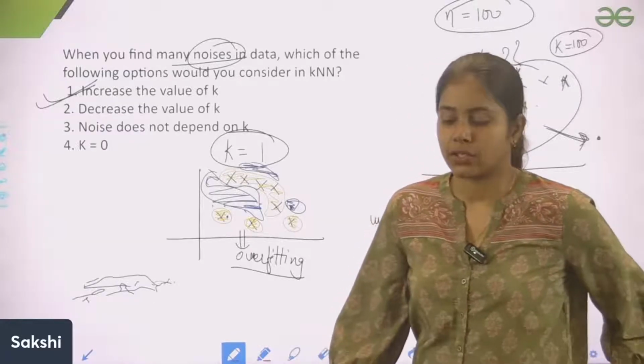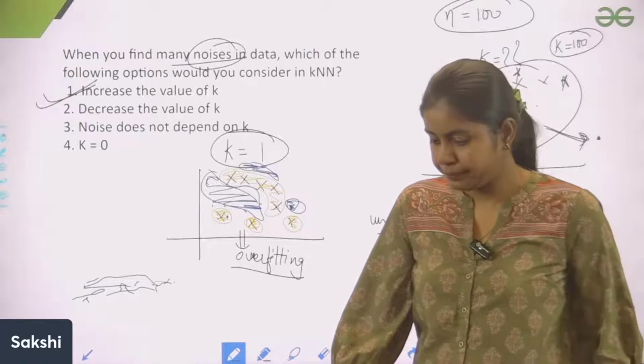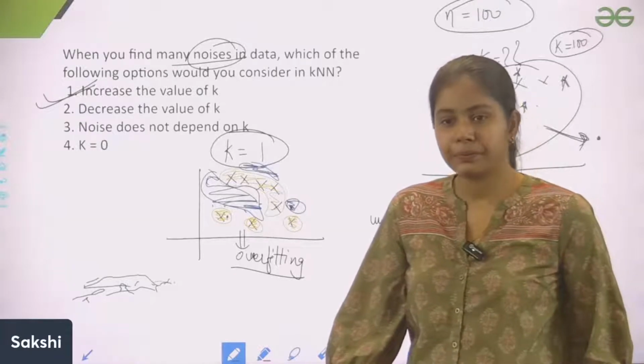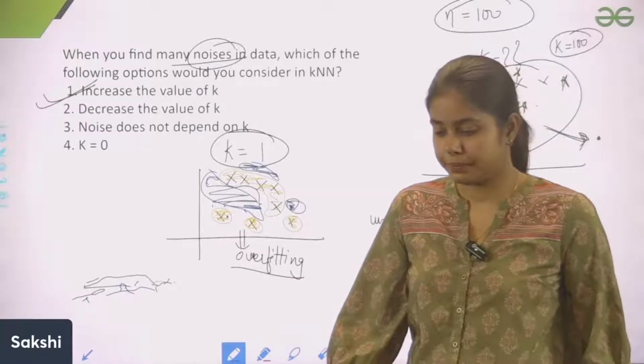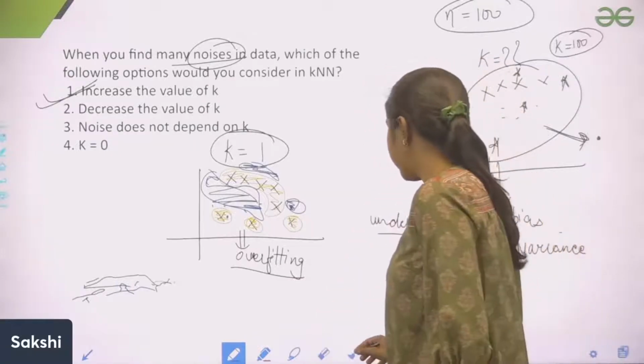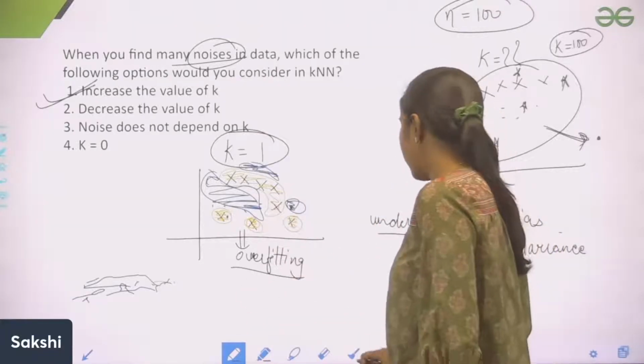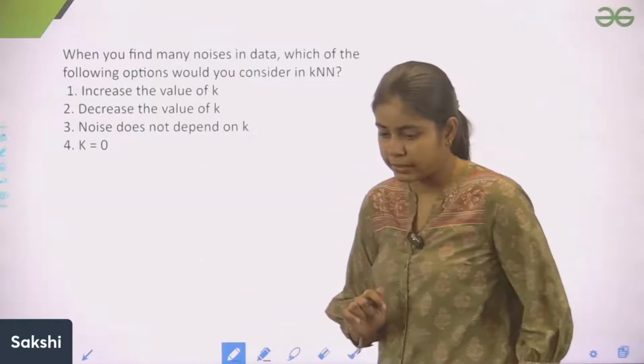Anyone guys in chat section, just let me know guys. ठीक है चलो, क्योंकि कोई कुछ नहीं पूछ रहा है तो आई एम एज्यूमिंग कि सबको क्लियर है। चलो बढ़ते हैं नेक्स्ट क्वेश्चन पे।